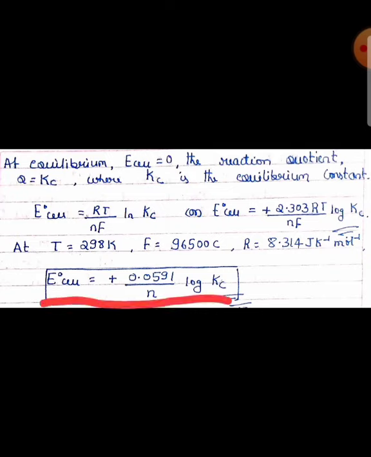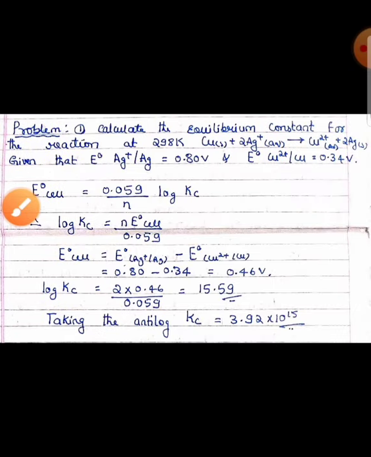So this is the final relationship between E naught of a cell and equilibrium constant Kc. We have some numericals related to this. Calculate the equilibrium constant for the reaction. We have to calculate the Kc at 298 Kelvin for the particular reaction: Cu + 2Ag+ gives Cu2+ + 2Ag. Given that electrode potential of Ag+/Ag is 0.80 volts and E naught of copper ion is 0.34